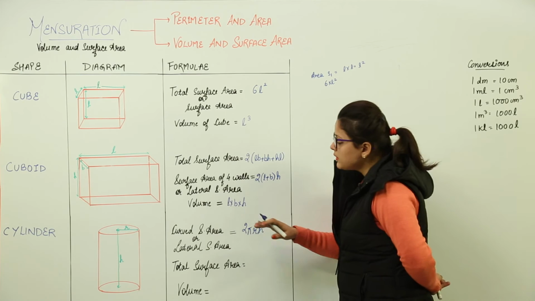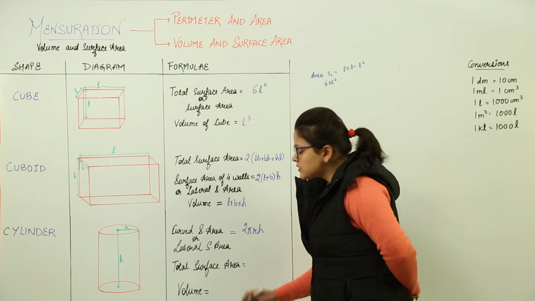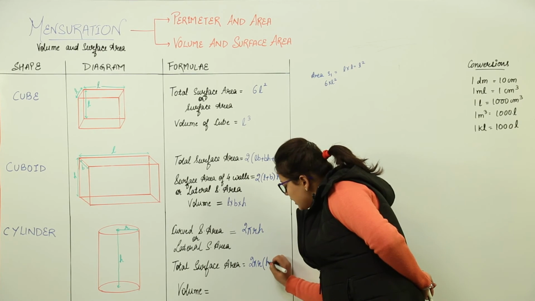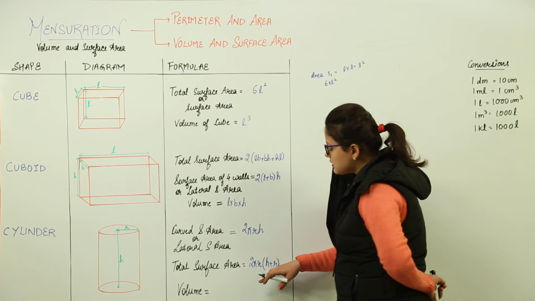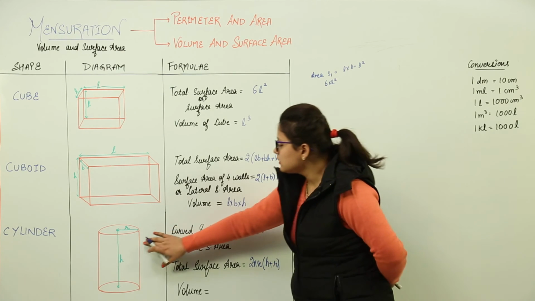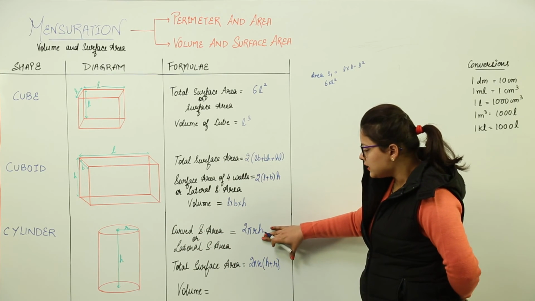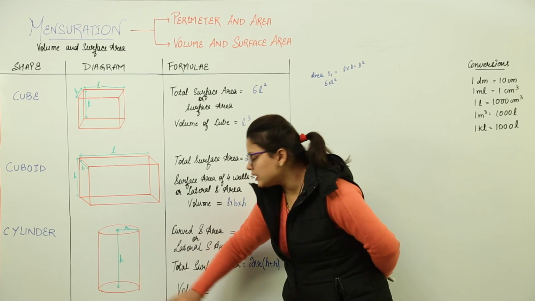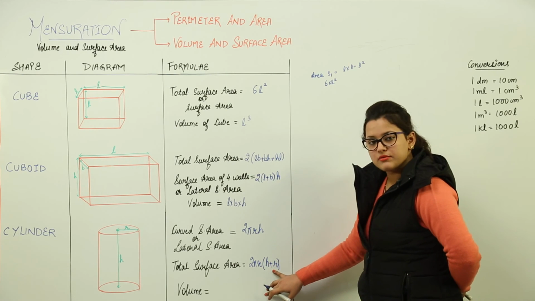Similarly, now we will be doing the total surface area. The total would include the top and the bottom both. So it will be equal to 2 pi r (h plus r). Here we can see this h plus r is written separately in brackets. Why so? I will show you. The lateral surface area was already 2 pi r h. What are we adding to it now? The top area, that is pi r square, and the lower area, right? That is why we have this extra factor coming up in the total surface area.